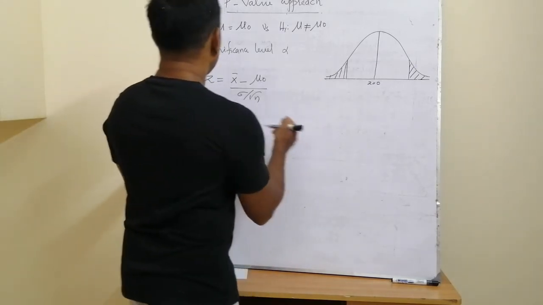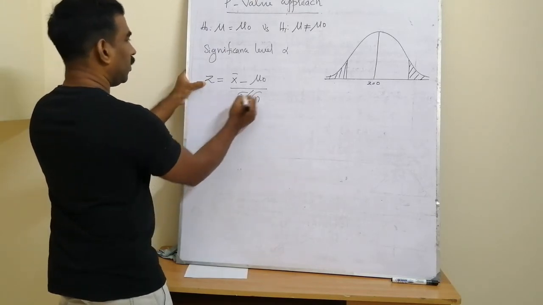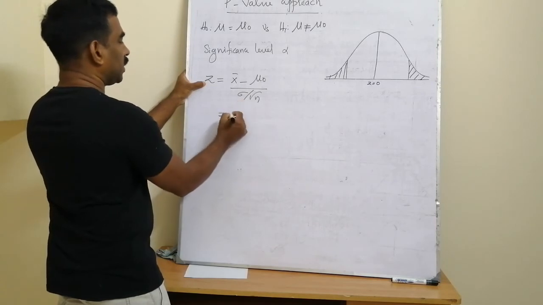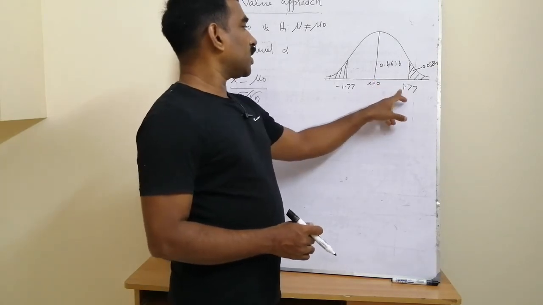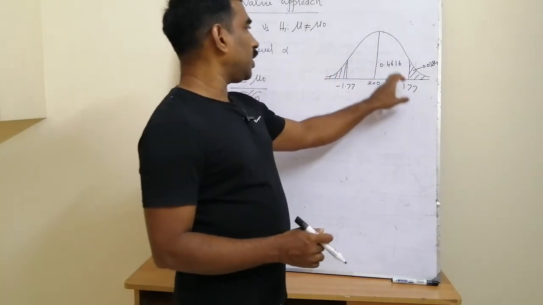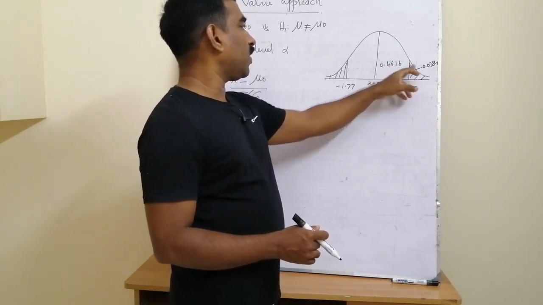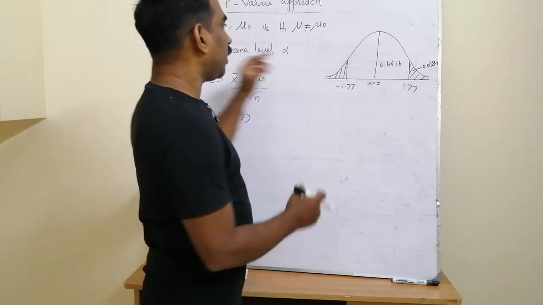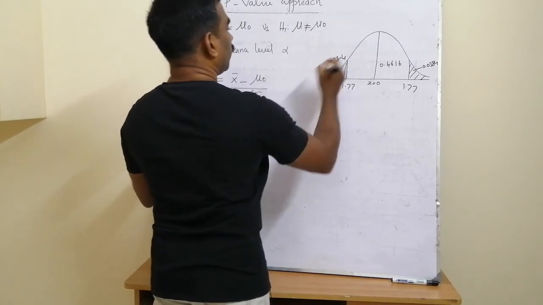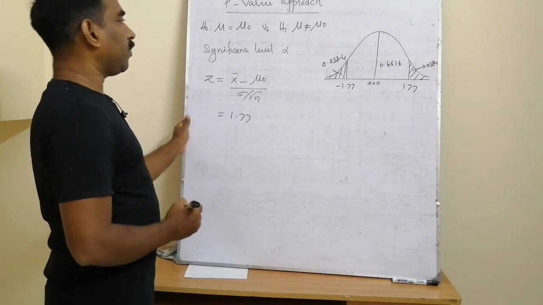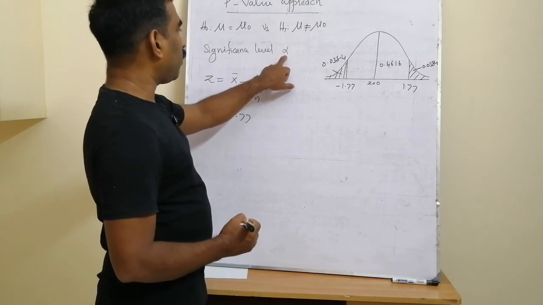If these tail probabilities correspond to the ordinate value, for example, after computation, substituting mu naught and sigma by root 10, suppose this answer is 1.77. From the standard normal table, the probability from 0 up to this computed value of the statistic 1.77 is 0.4616, and subtracting this 0.4616 from 0.5, we get this tail probability. And because of symmetry, this tail probability is also 0.0384.